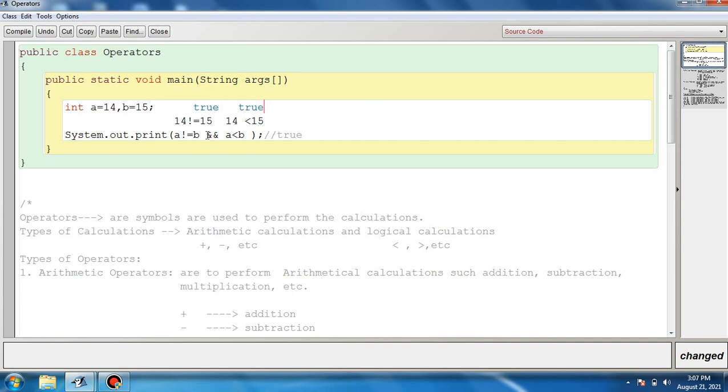So what does this logical AND say? If both expressions result in true, then the logical AND operator will also result in true.